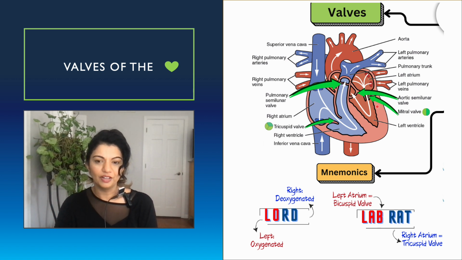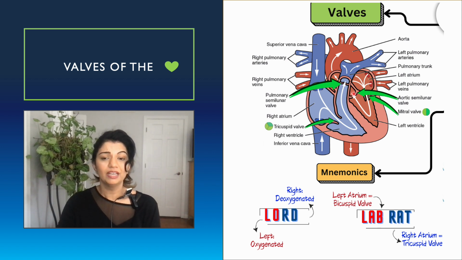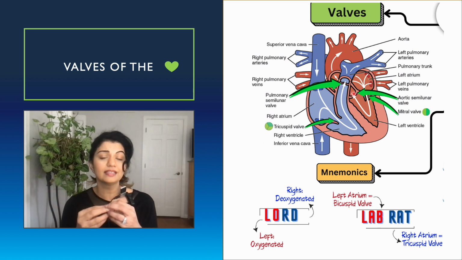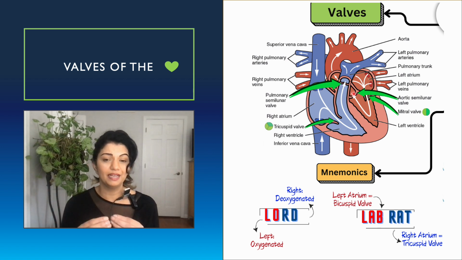Okay, then we follow that through into the aorta, and you've got the aortic valve, which is located between the left ventricle and the aorta. All right, so those are your 4 valves that sort of control things and open and close depending on pressure